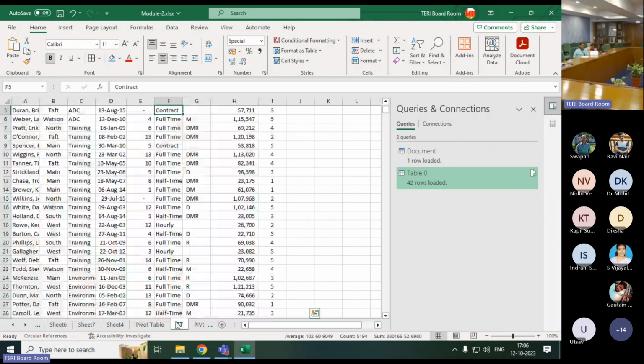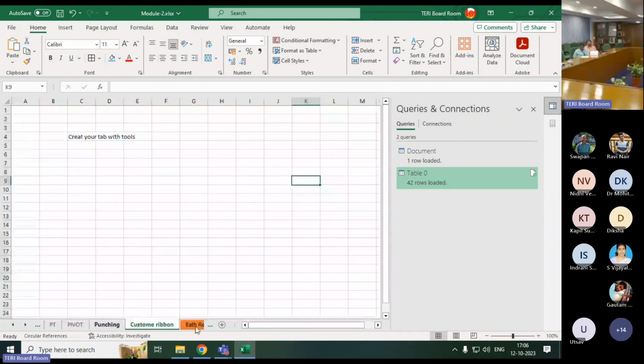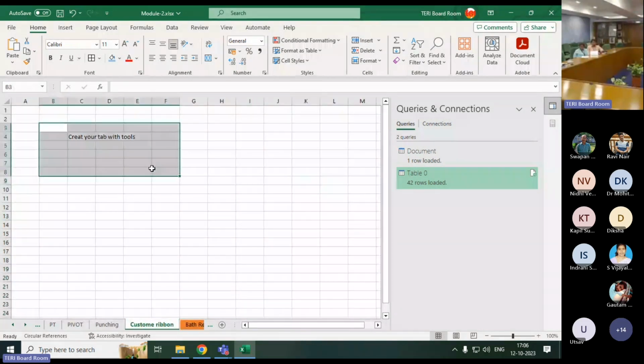One more thing. This will be the last thing from my side. I'll show you the ribbon option. For example, I am using three things